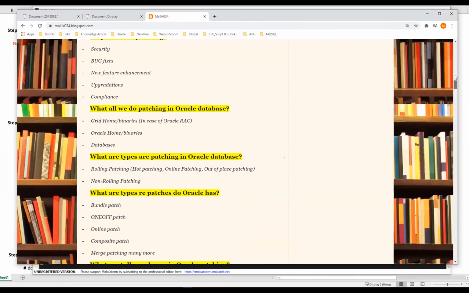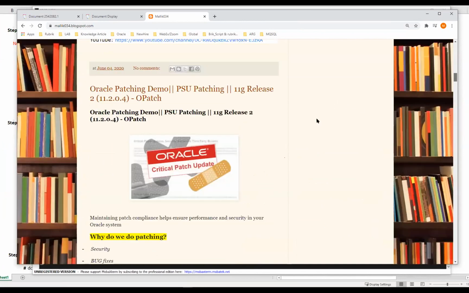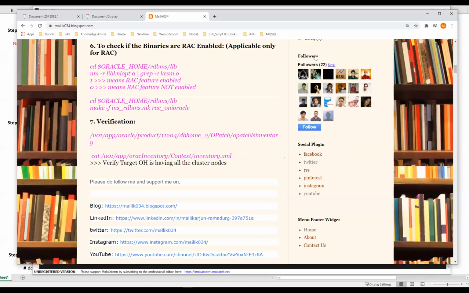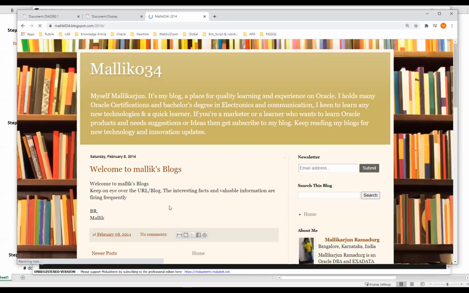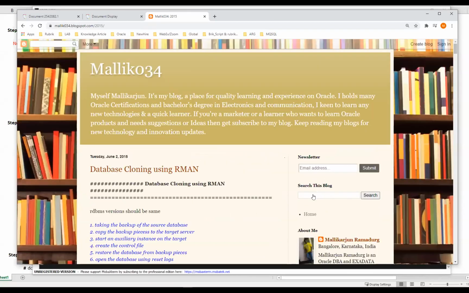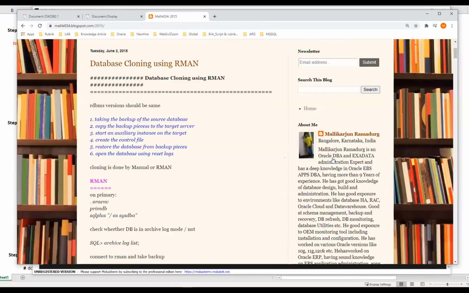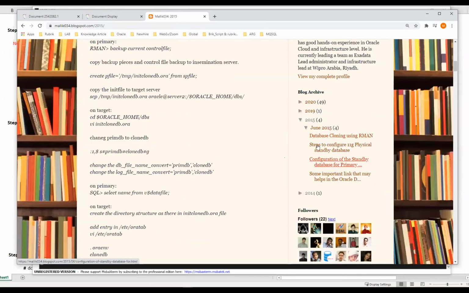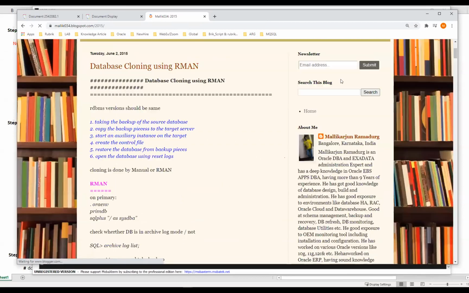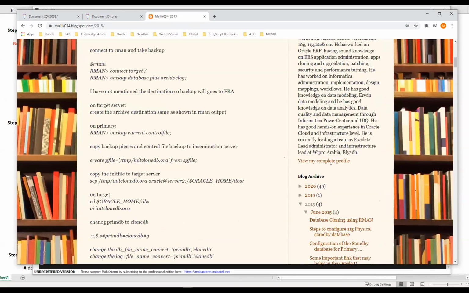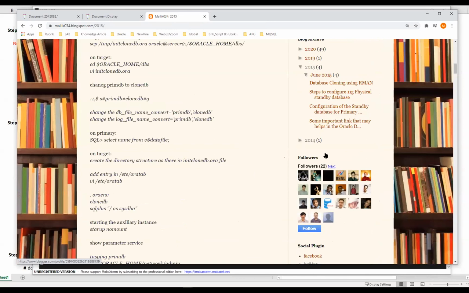But if you go to the very old one, do I see that old one? Okay, yeah. If you see this particular 2015 one, I mentioned there are a lot of MOS documents which are really very good. So you can always refer to them. Where is that? All the upgrade related documents, I mentioned most of them. Okay, here it is.